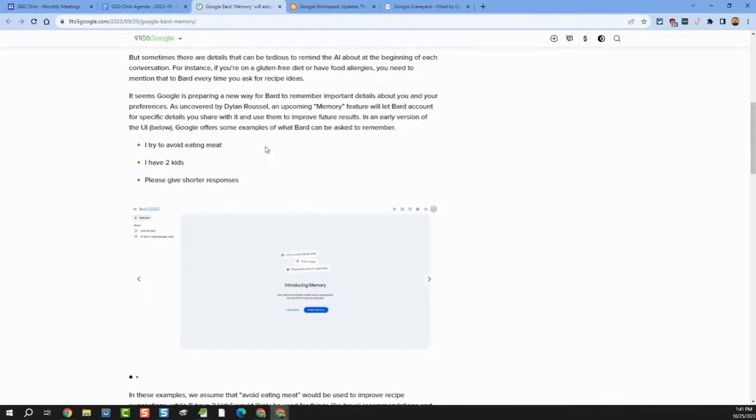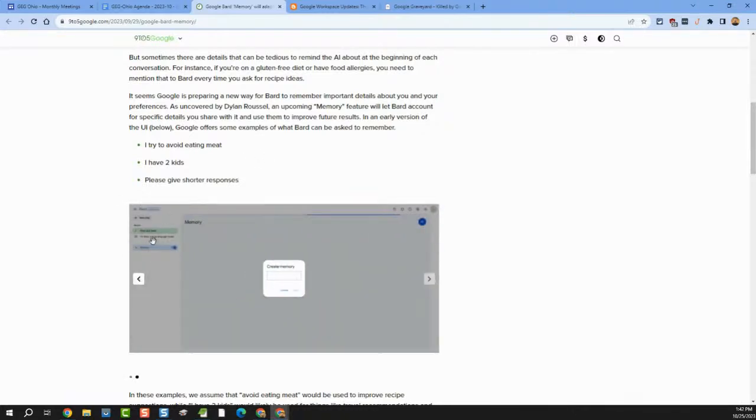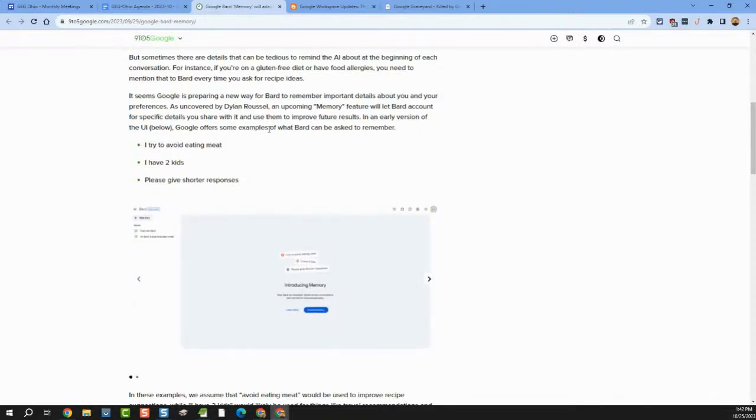It hasn't shown up for me, but there's supposedly going to be an option to add this little memory section on the side where you can create memories, where you can say, okay, these are things about me, like they give examples saying, I have 2 kids, or please give shorter responses, or I try to avoid eating meat. You can tell Bard things about you so that it remembers them, so that anytime you ask something in the future, it's always using this context when it's giving you your answers. Now, you always have the option to turn off memory for a particular request if you just want a generic anonymous type of a response. So this makes me think a lot of ChatGPT with